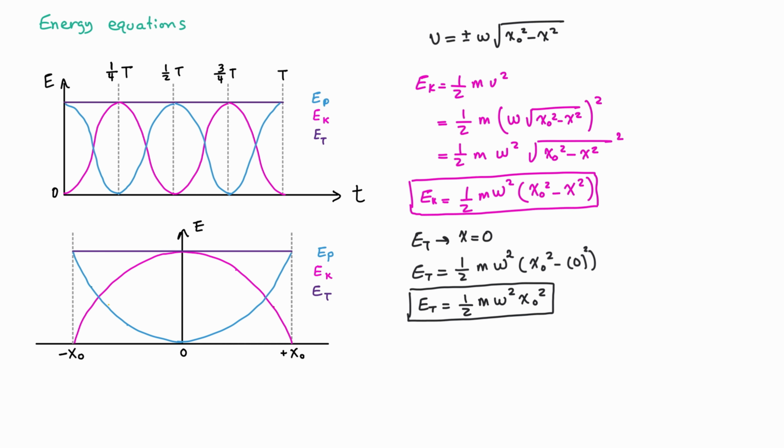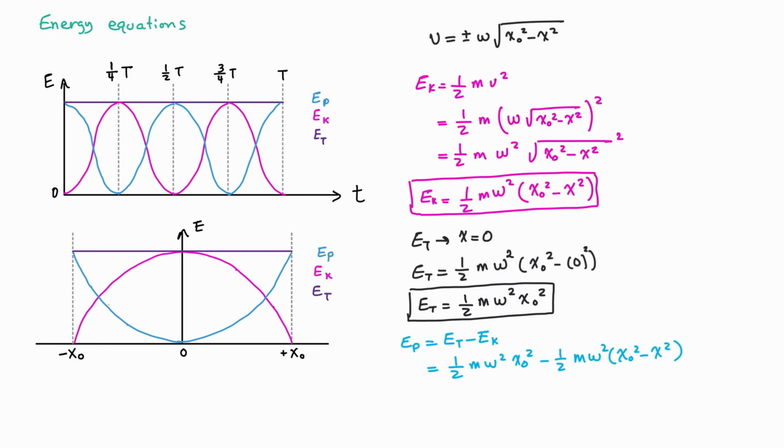Finally, to derive the potential energy equation, I'm going to choose a different color. We got potential energy is equal to the total energy minus the kinetic energy. That much we know because the total energy is the addition of the potential and kinetic energy. The total energy is 1/2 m omega squared amplitude squared, and the kinetic energy is 1/2 mass omega squared amplitude